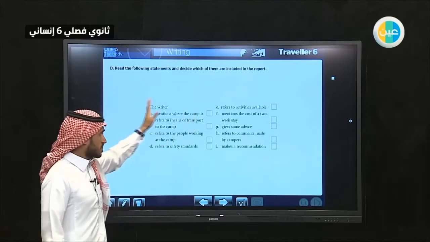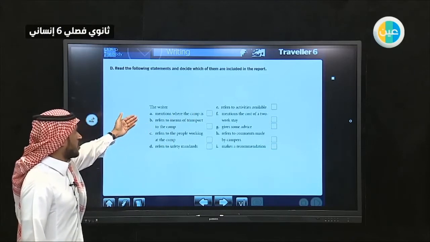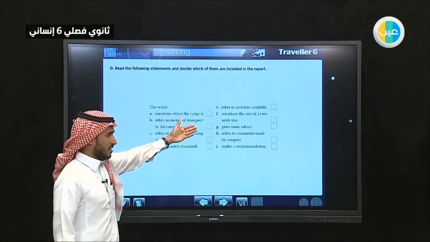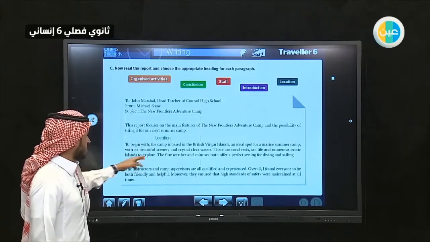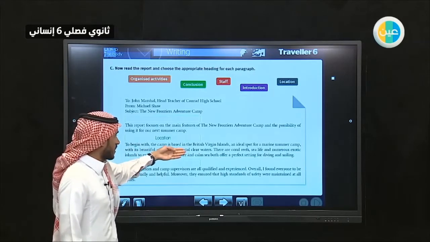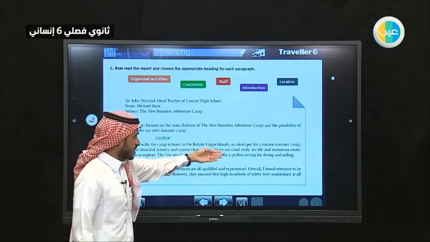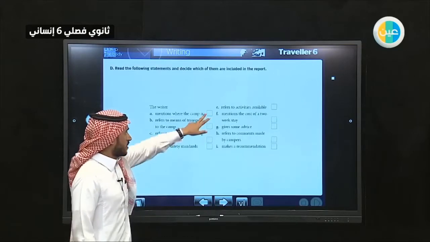Tick it only. For example, the first, mentions where the camp is. Did it mention this? To begin with, the camp is based in the British Virgin Island. So,